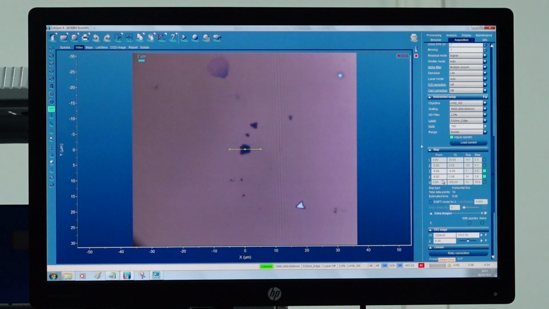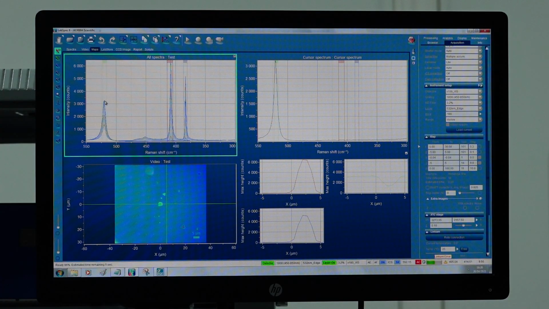To define the spatial range of where the Raman mapping will be done while the measurement goes on, which can be seen by the status bar here and by numbers that are seen here, we will set the cursors to different peaks that are available in the Raman signal for data analysis. So first I will set this green cursor such that it is very close to the Raman peak.